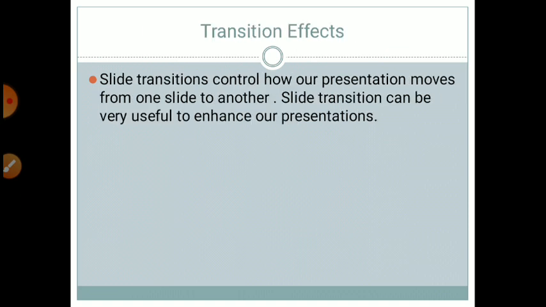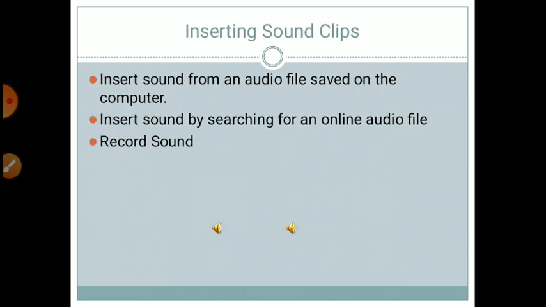Then transition effect. A slide transition controls how our presentation moves from one slide to another slide. Slide transitions can be very useful for enhancing our presentations. They grab the audience's attention and make the presentations visually appealing. Suppose I just slide this slide.